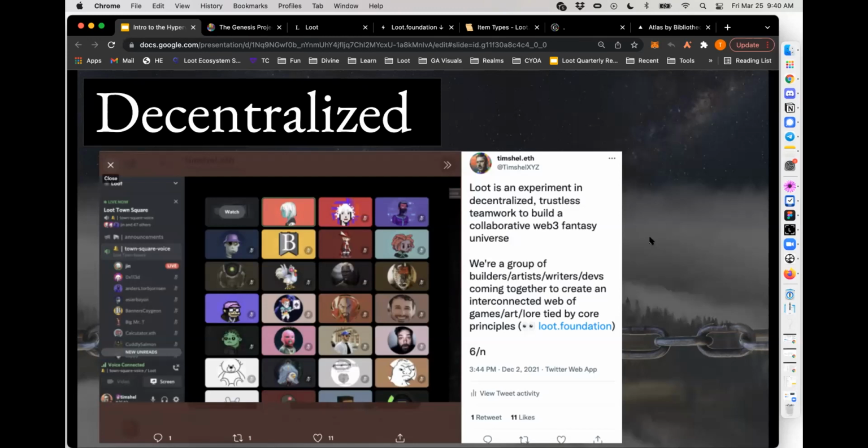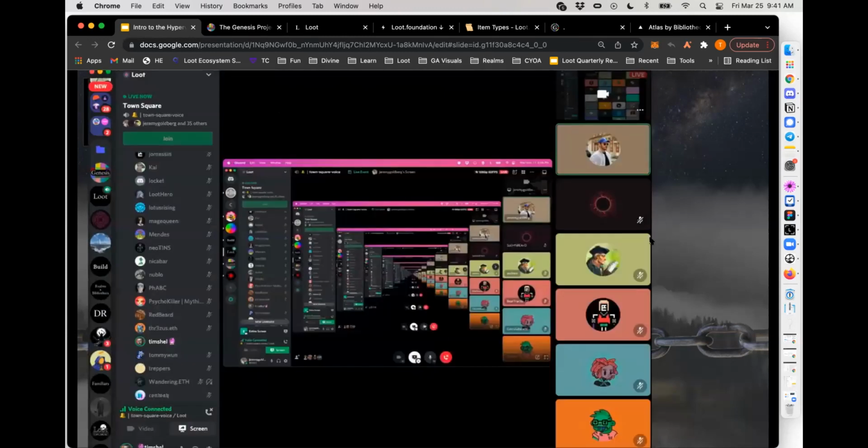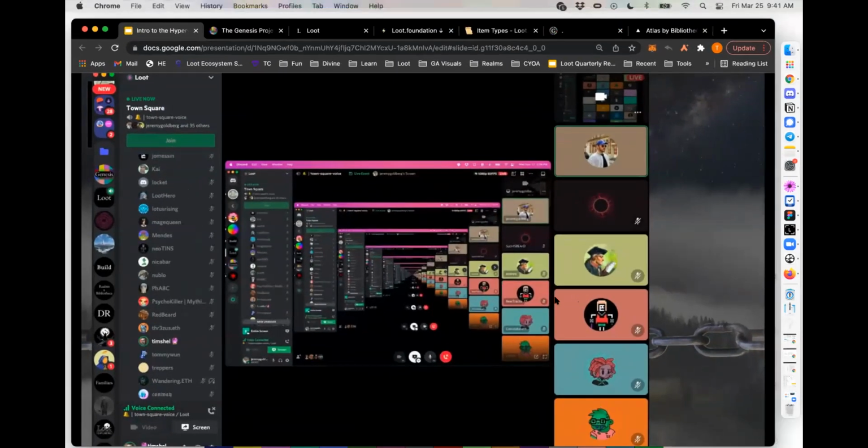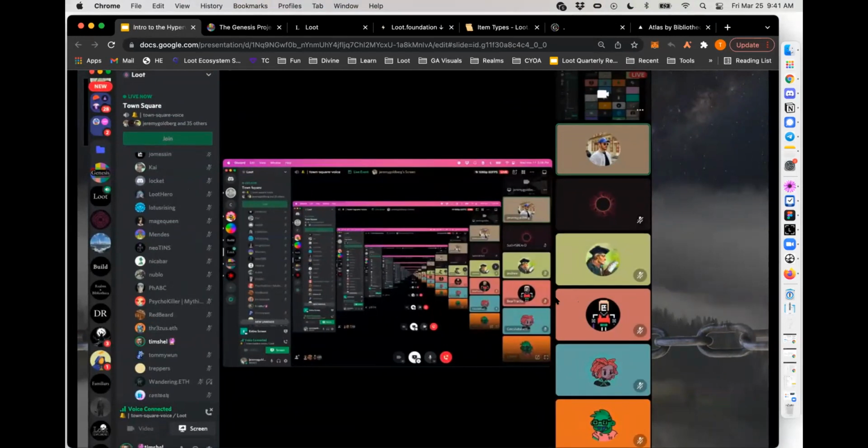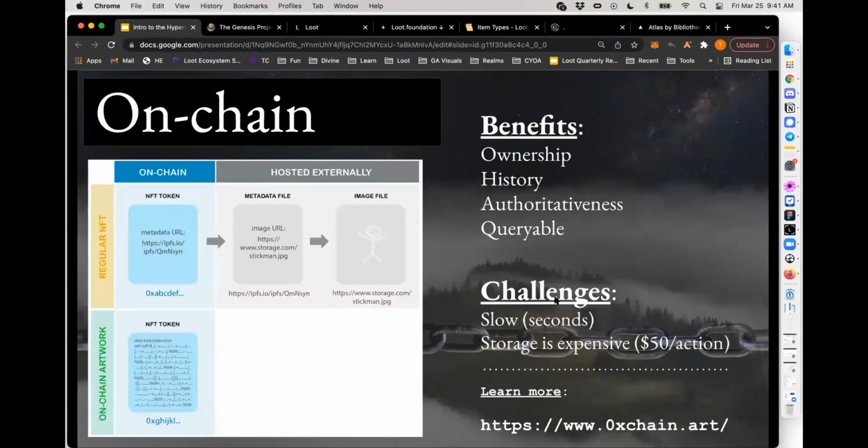So this weekly all hands has become sort of a Lootverse all hands. It's become a show and tell for builders in the Lootverse, a feedback session, but it's also in some ways become kind of a step into the hyperverse. A lot of times these Loot Town squares go beyond Loot, because these builders contain multitudes. These builders are not just building for Loot, they're also building their own projects. They're also working in their own companies or their own jobs or their own outside-of-Loot art projects and more. And so every week this call ends up being pretty exciting, because it's not just Loot, it's also an expansive step into other hyperverse projects.